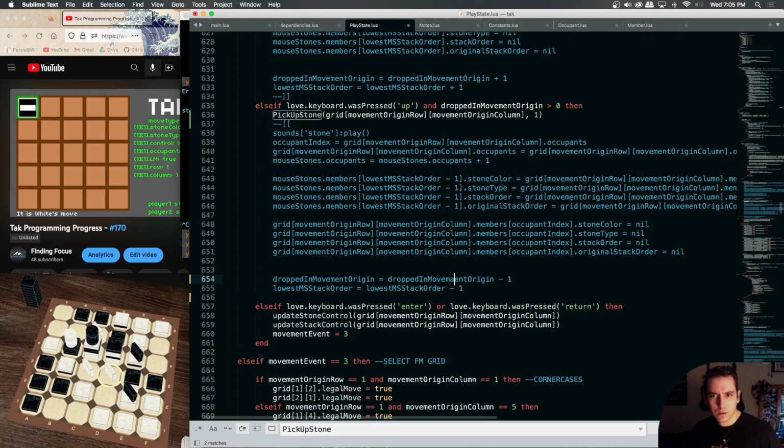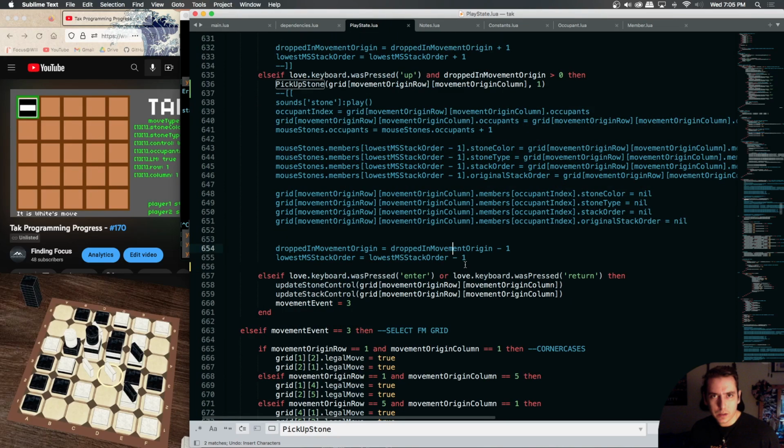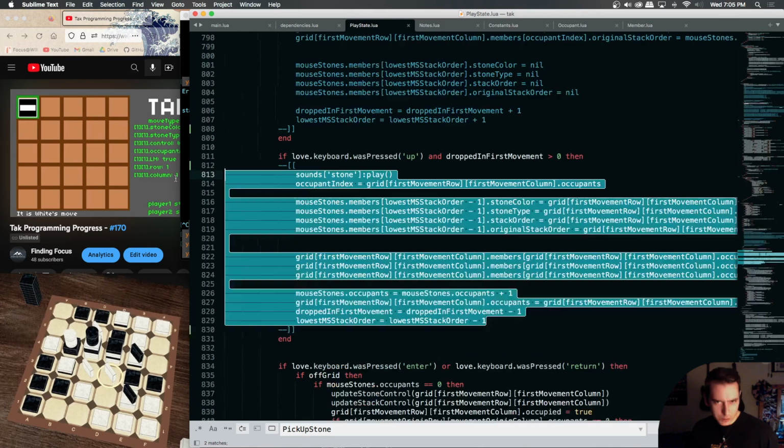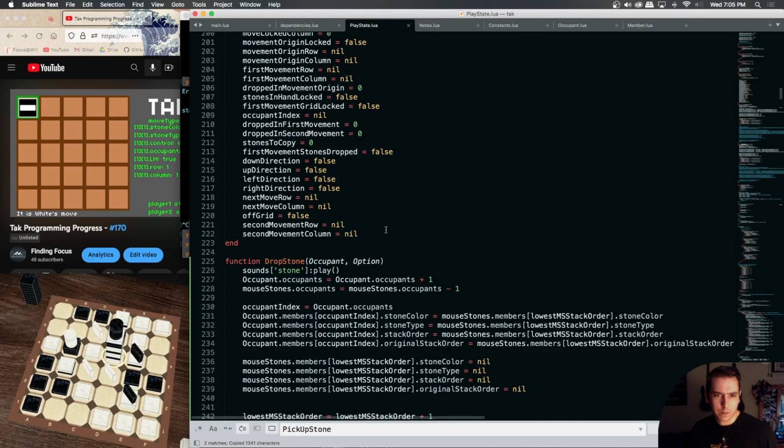Oops. That's our first one. But this is vilifying 4 members. Hold on a sec. I'm just gonna take this over there and compare it to make sure we're not forgetting anything. So under our pickup stone here, I'm just gonna paste this so I can see